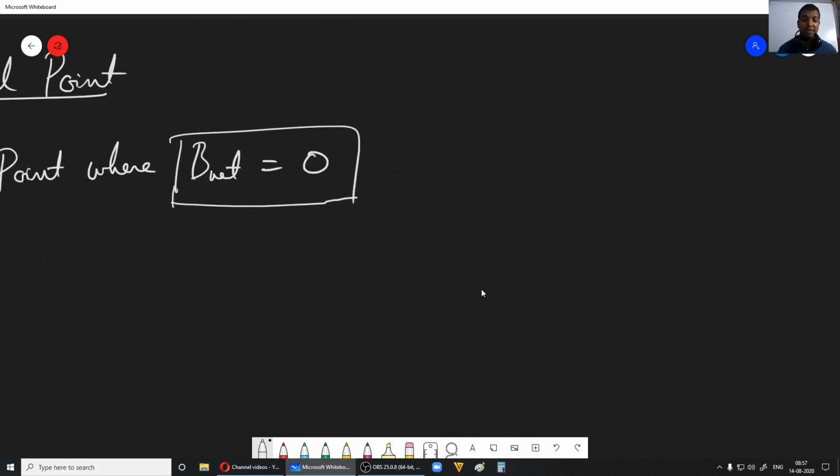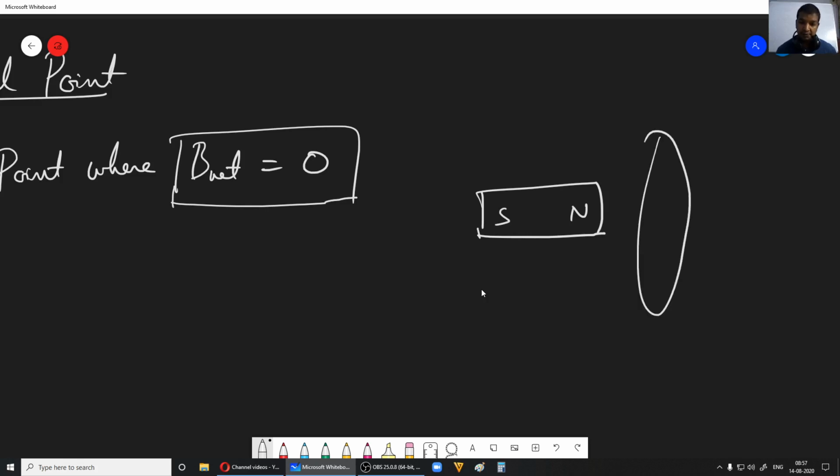Now there may be cases where you have a bar magnet and a current carrying loop also, and you need to consider the magnetic field due to the bar magnet B1, and the magnetic field due to the loop B2, and they'll say it is kept in such a way that the plane of the coil lies in the east-west plane. Then locate the neutral points. So you just have to draw a rough sketch and find out the individual magnetic field due to each and every source and try to find out the null point.